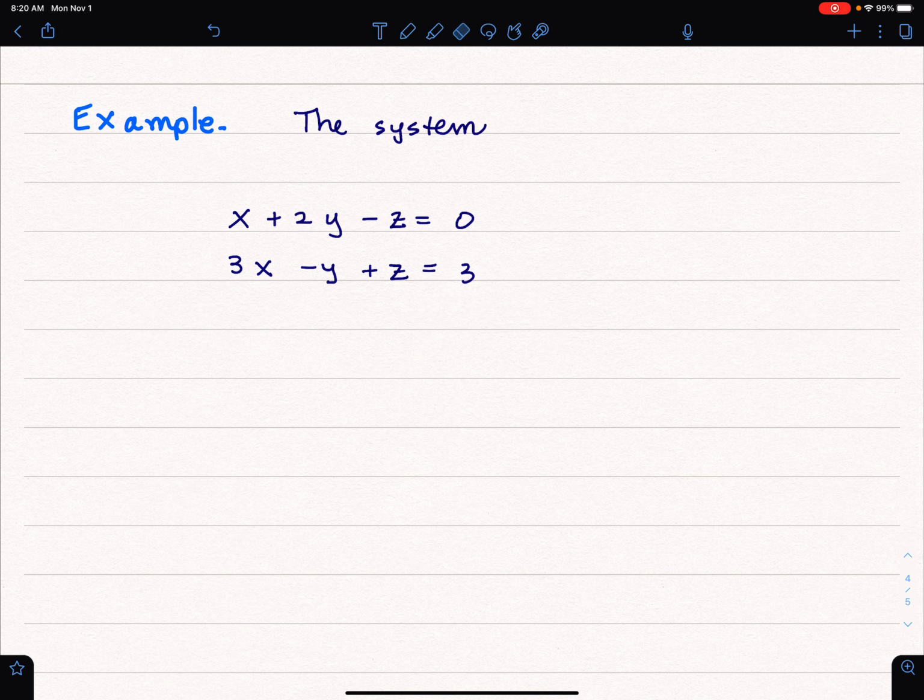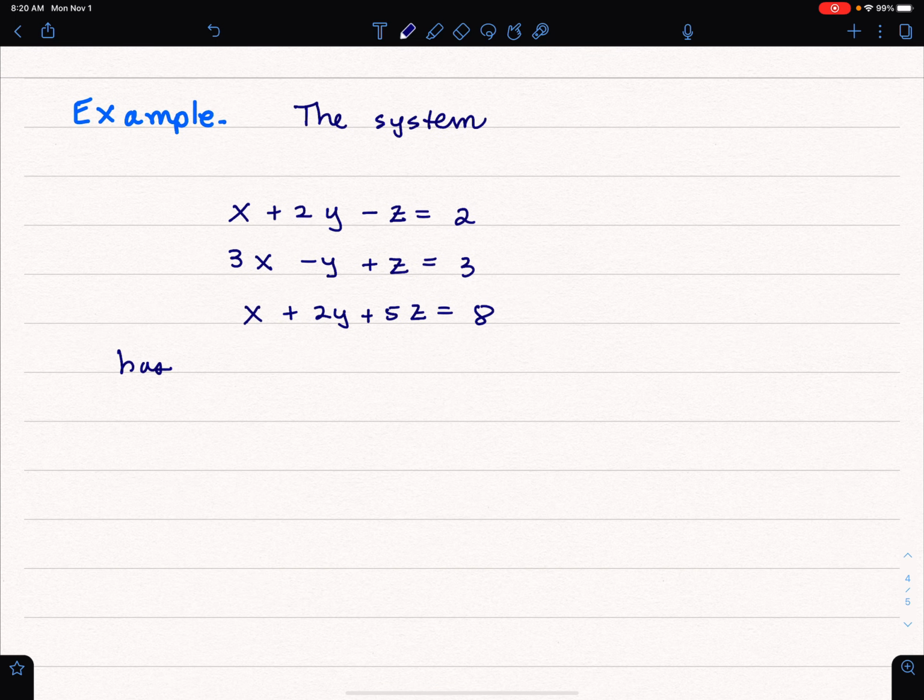Actually, sorry, let me change this. Make that 2. Then x plus 2y plus 5z equals 8. All right. Has solution given by,